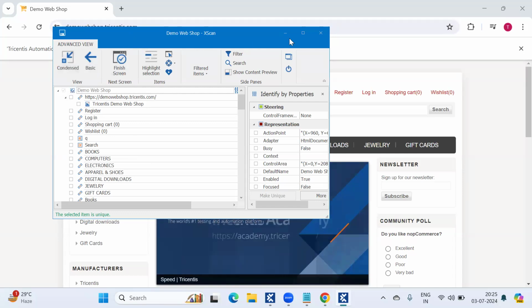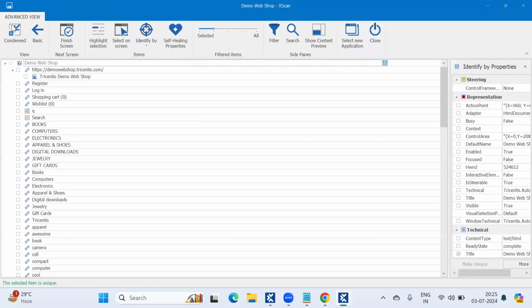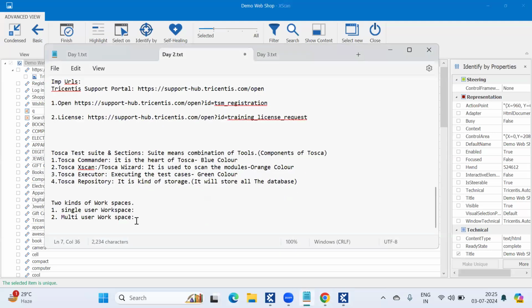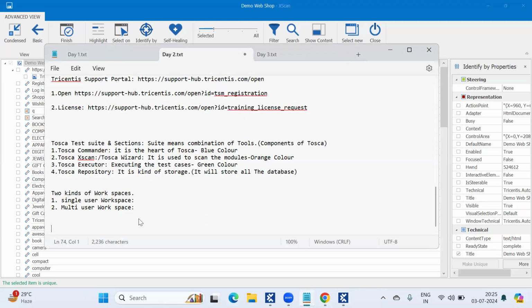See, in the XScan window, we have several options. This is the advanced view, basic. There are 3 types of views here. Let me write it down. Three types of views.